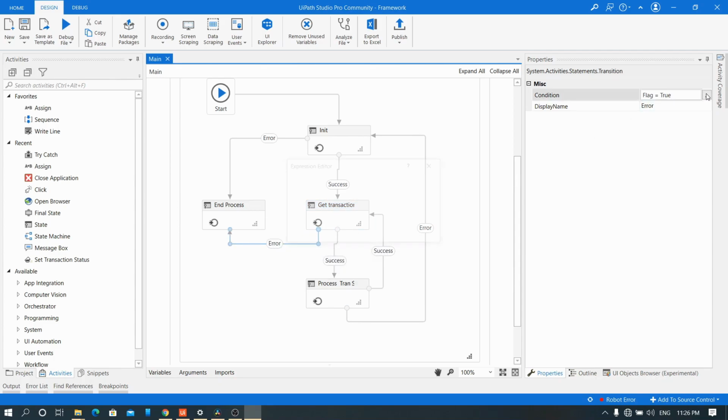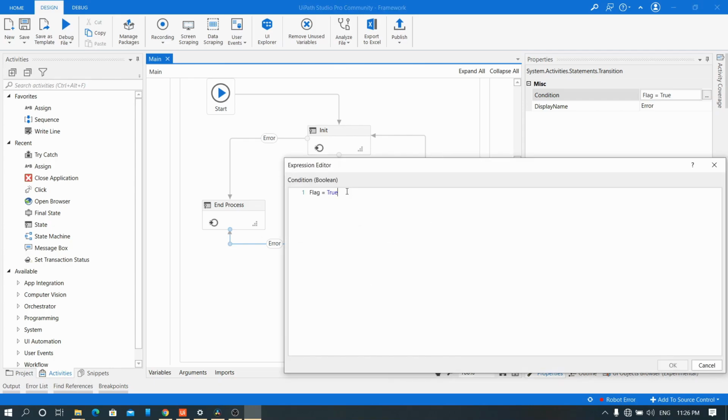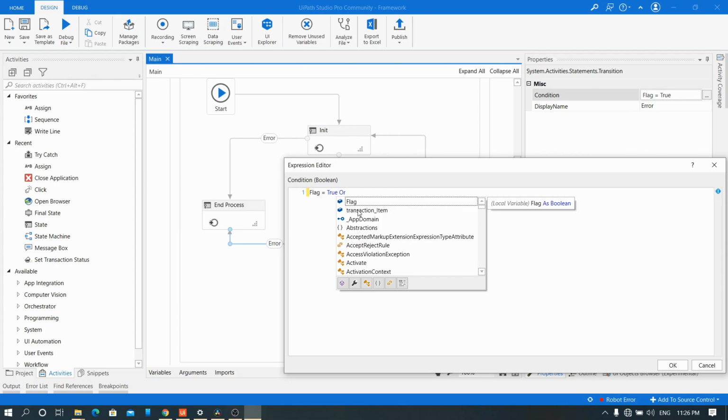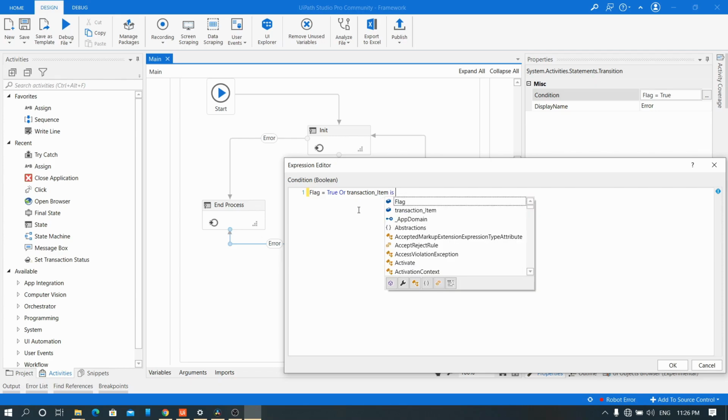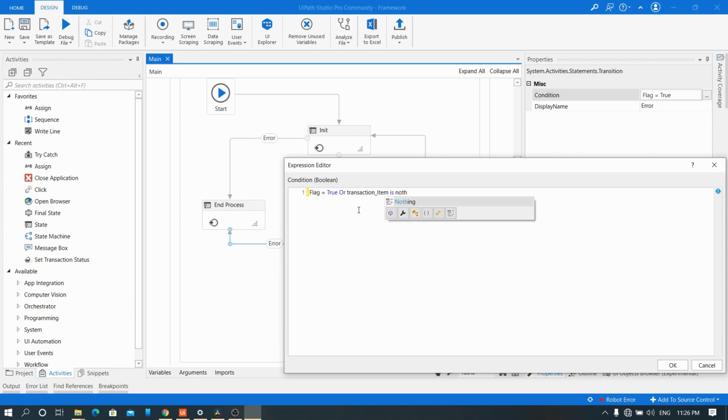So along with this, or if the transaction item is nothing, either we get the error or the transaction item is nothing, go to end process. Click. Okay.